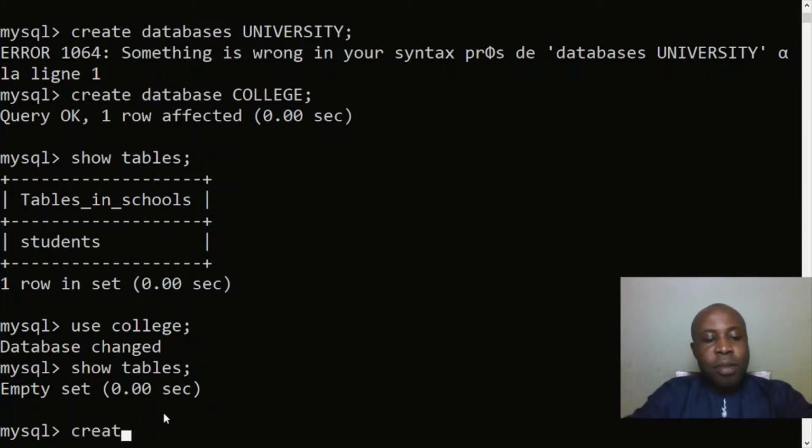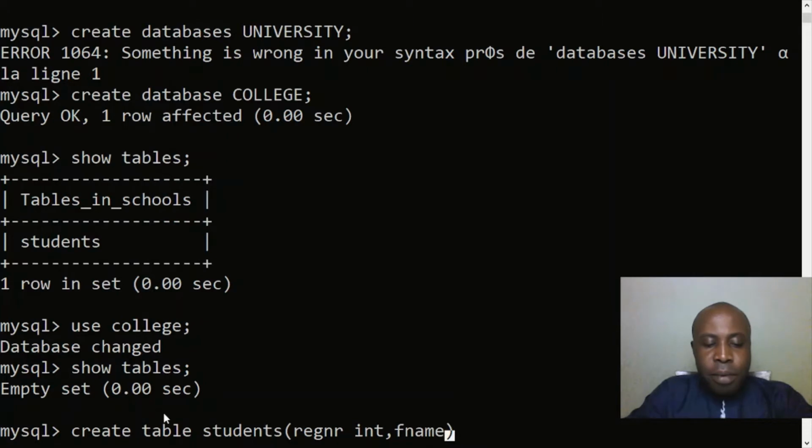So we create our first table. Create table students. Here we are going to define the columns of this table called students. Let's say the first column is called reg number. It will be an integer value. The first name will be a character of 29 characters maximum. Last name, it will also be